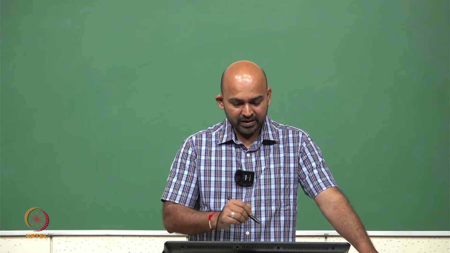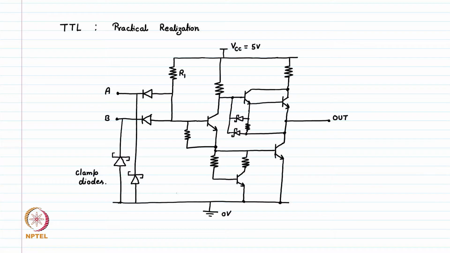In this we have typically three stages. One is the input stage where we have these two diodes connected to A and B. This is the input stage. The mid stage we sometimes call the phase splitter, which is splitting the phase